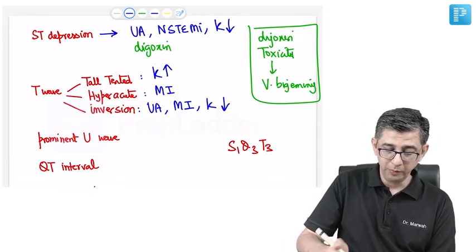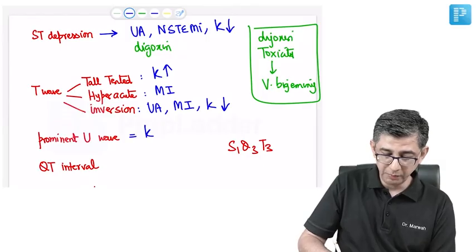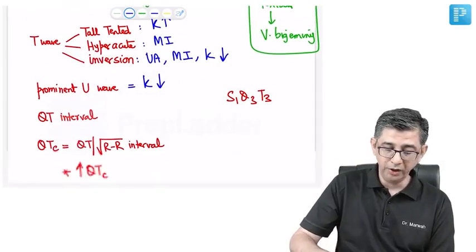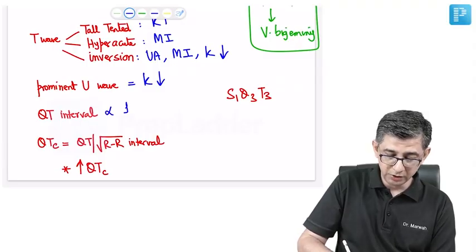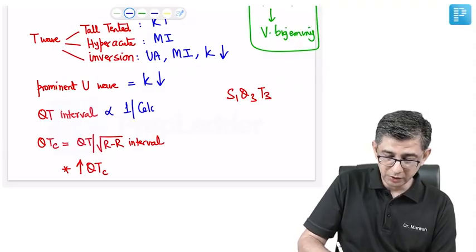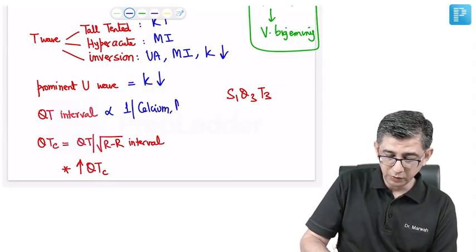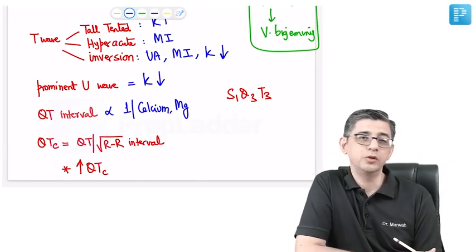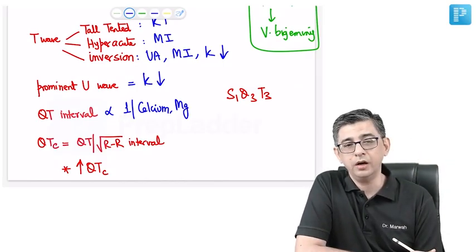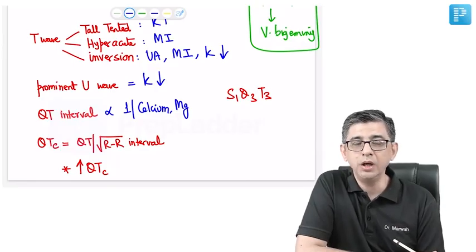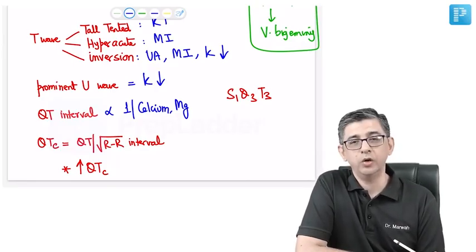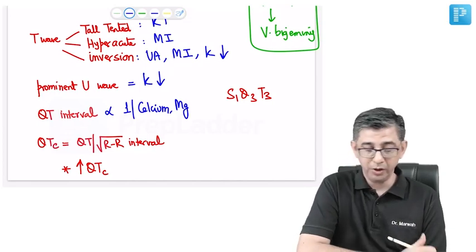Next on the agenda is prominent U waves, relatively easy to remember. Hypokalemia, which is coming up again and again. And then is QT interval. QT shows the inverse relation with calcium as well as magnesium. And most of the time, the questions would be like, when they talk about tetany, they would talk about Chvostek sign, Trousseau sign, and then also incorporate that there's a QT prolongation. The word tetany will be having a QT prolongation, vice versa,